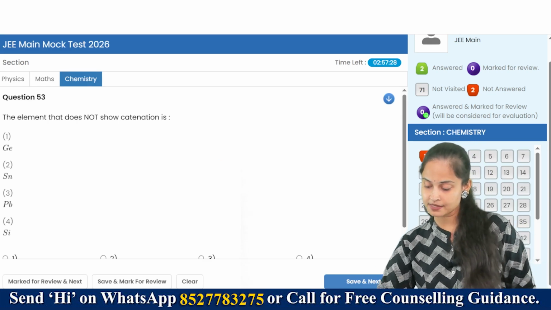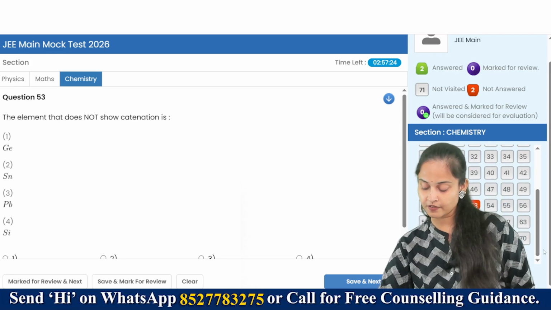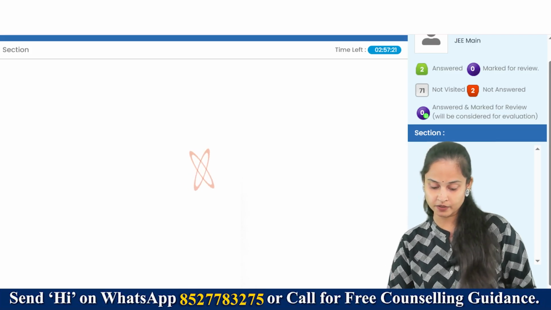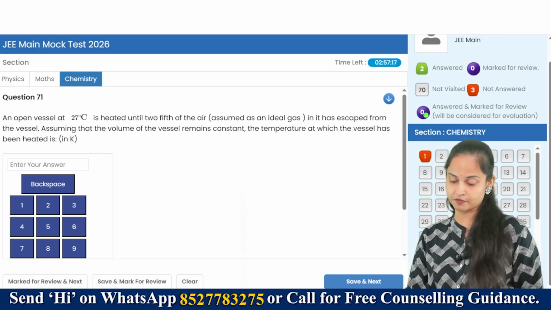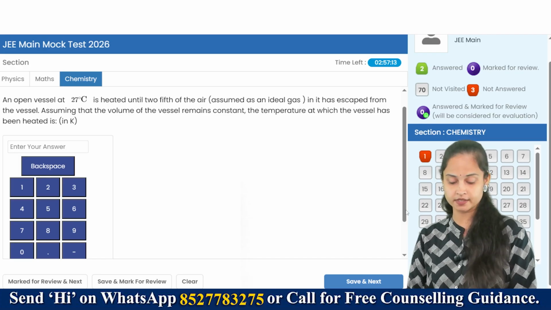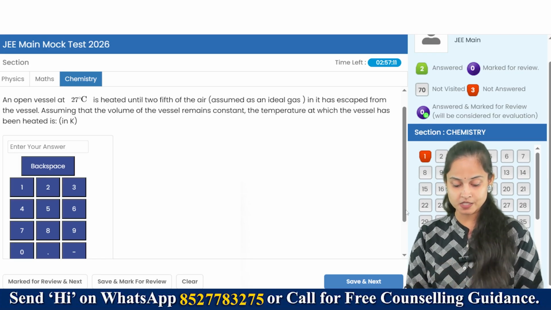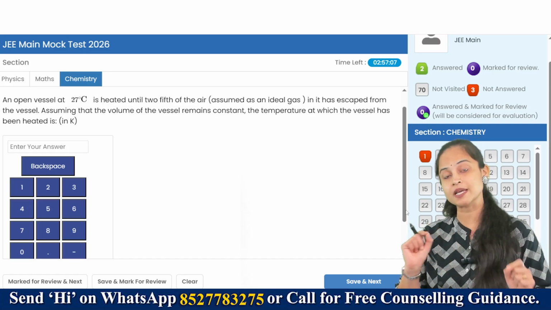Okay, dear ones, let's now talk about the numerical type questions. If I just move on to the numerical type questions, have a look. So over here, I'm on to the numerical type of the question. On the numerical type of the question, you will be actually provided a particular space wherein you need to just put in your answer, that you need to just type your answer.